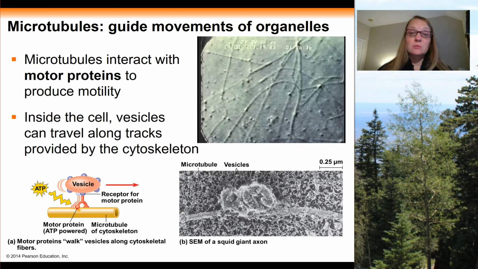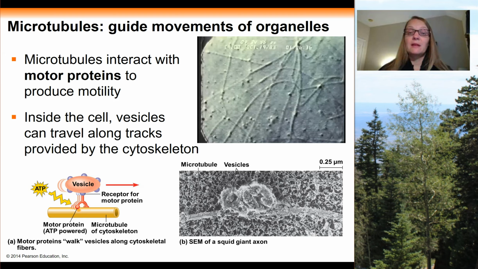So a cell, if it's going to move or it's going to move materials within the inside of the cell, it needs kind of both of those halves as well. So it needs the skeletal system and it needs the muscular system. Now, the skeletal system in a cell is going to be the cytoskeleton, or these fibers that stretch throughout the